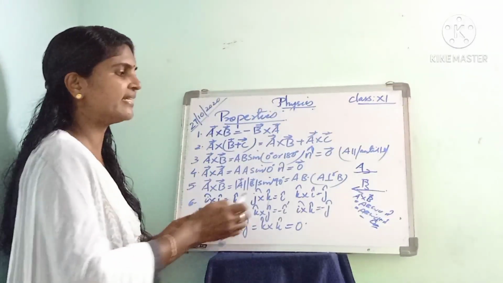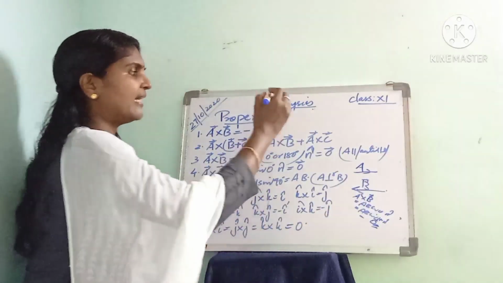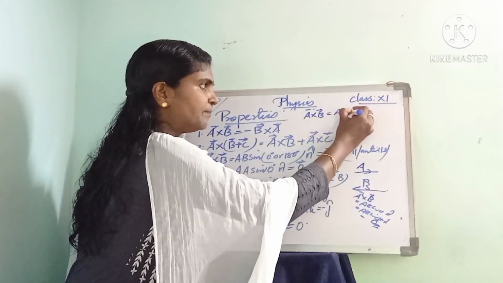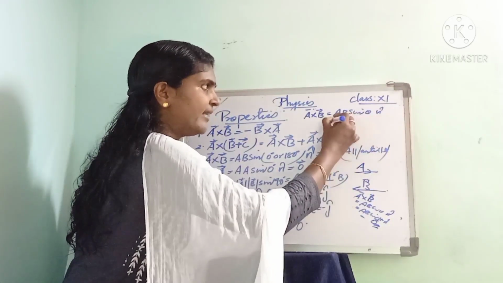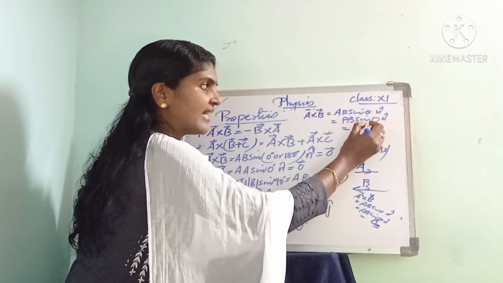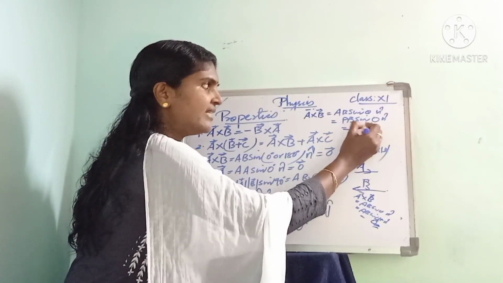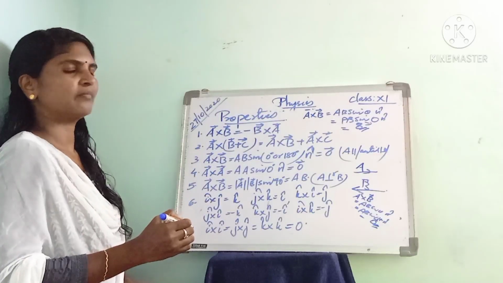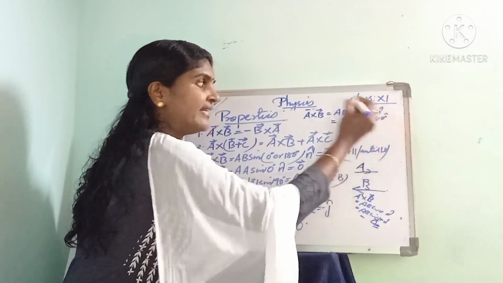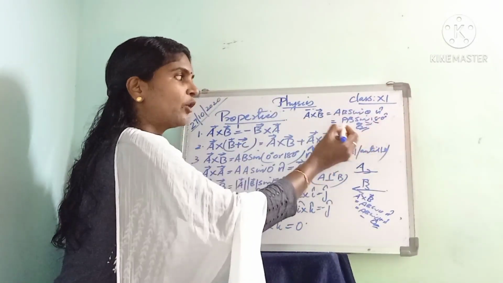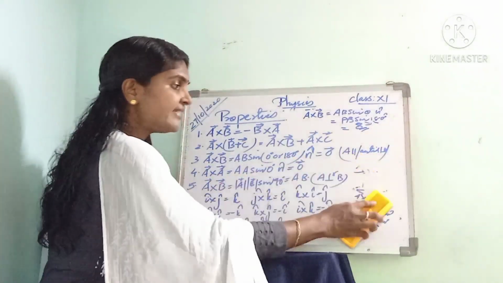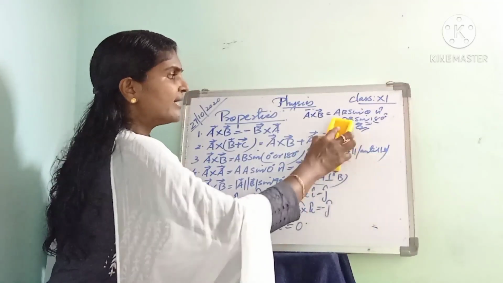Okay, we have two vectors A and B. If they are parallel, then we can write A cross B is equal to AB sin theta into n cap. So AB sin theta is actually 0 into n cap. The value of sin 0 is 0, so you will get A cross B as 0. Suppose if they are anti-parallel, then instead of sin 0, we have to write sin 180. Again the value of sin 180 is 0. So we will get 0 vector. So we can say if the two vectors are parallel or anti-parallel, the vector product is a zero or a null vector.